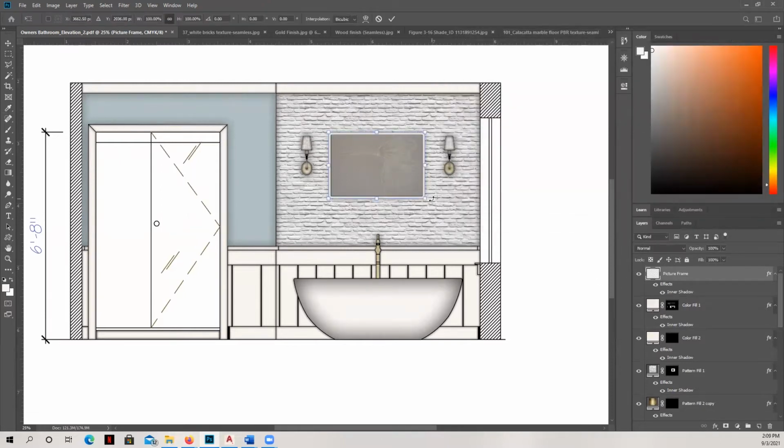Now, if I want to adjust the size, I can transform it just like anything else. Adjust the size like that if I didn't get it right exactly the first time. Then I can move it over in case I've got a little bit of that black frame showing from my original file where there was that AutoCAD line work that came in. But that's how you do a really simple stroke around a frame.